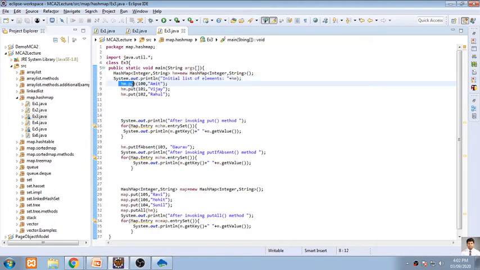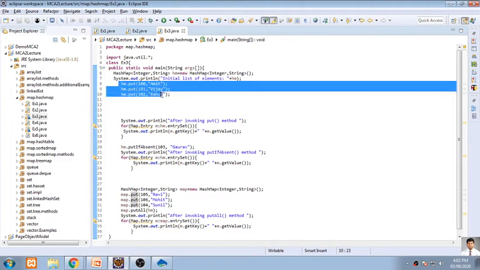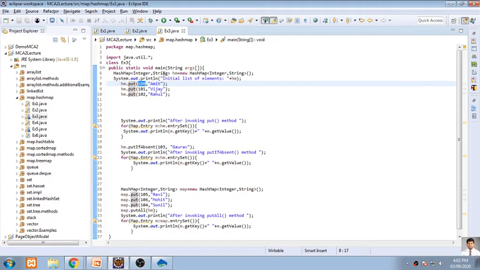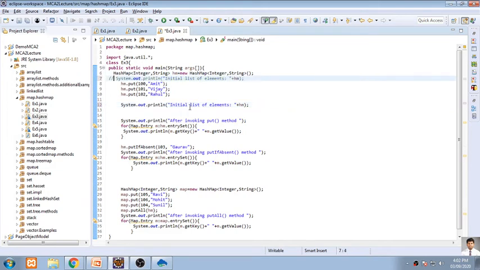No issue. Now here I am adding using a put function. So I am using keys 100, 101, 102, and I am passing three names: Amit, Vijay, and Rahul. Now these three elements with keys will be added into this object called hm. So hm will be here, and after that we'll be displaying this hm again. I'm putting a comment over here. So the initial values will be displayed after adding those things. If I remove this one, it will show an empty HashMap with no values. Here it will be showing all values.